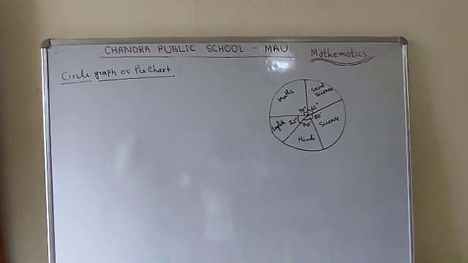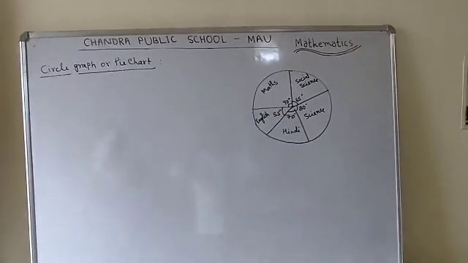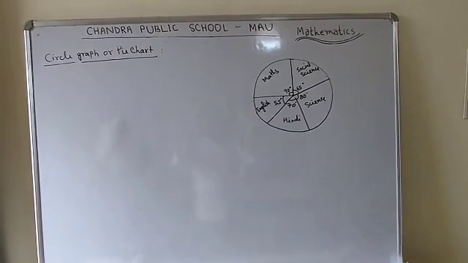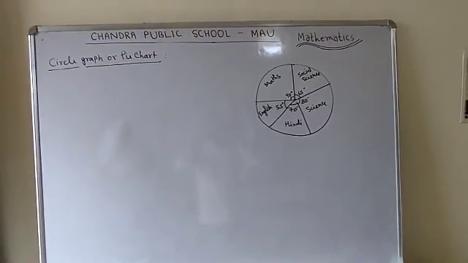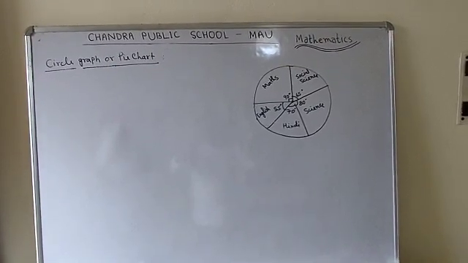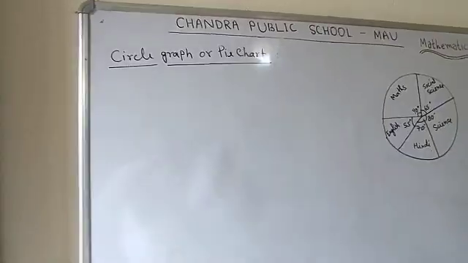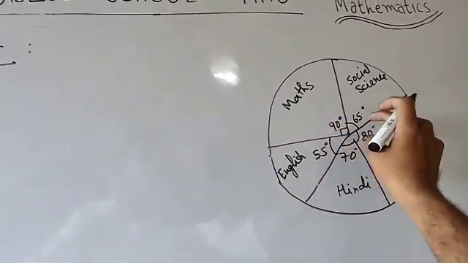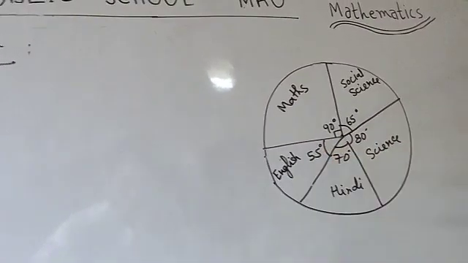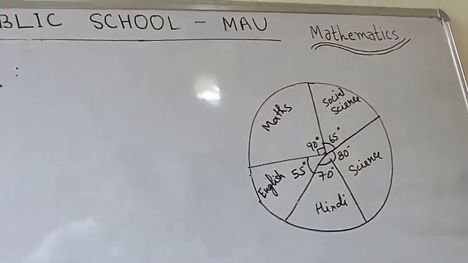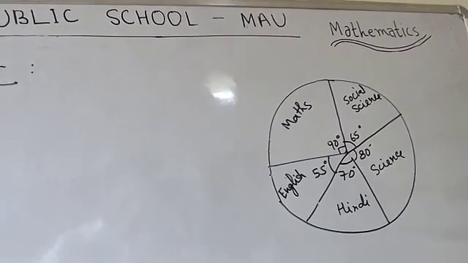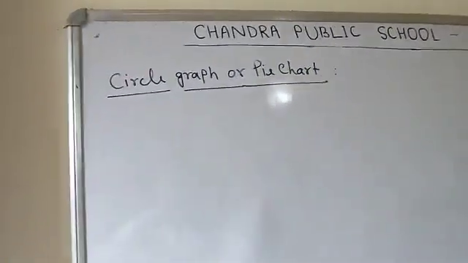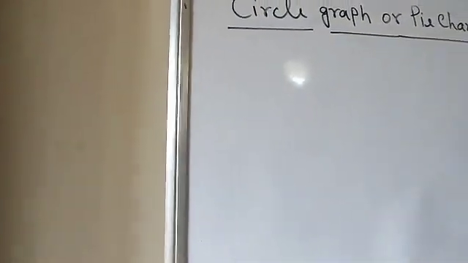Now students, I am going to write some formulas that will be used in this exercise. I am going to write each and every formula. You need to write these formulas, and I will explain in the questions how to use them. First, how to find the central angle. Here it is called the central angle: 90 degrees, 65 degrees, 80 degrees, 70 degrees, 55 degrees. How will you get these angles if a table is given and it is asked to represent the table in a pie chart? First you need to find the central angle. I am going to give a formula to find it.